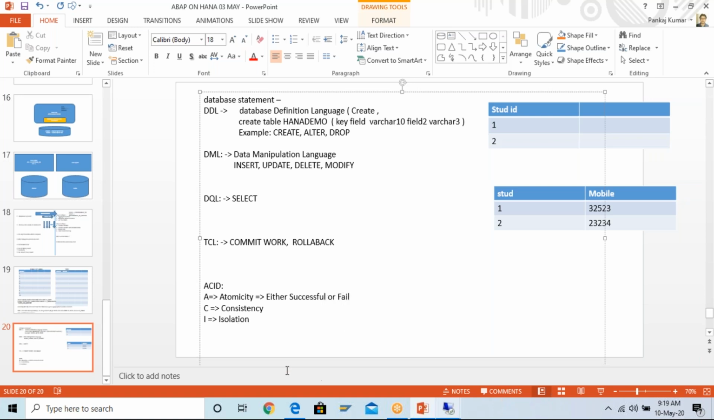Isolation. So what is the meaning of isolation? It means each transaction should be isolated, independent of each other. So suppose today I have gone to the ATM and I have withdrawn 500 rupees over there, and tomorrow if I go and if sufficient money is there in my account, then the database